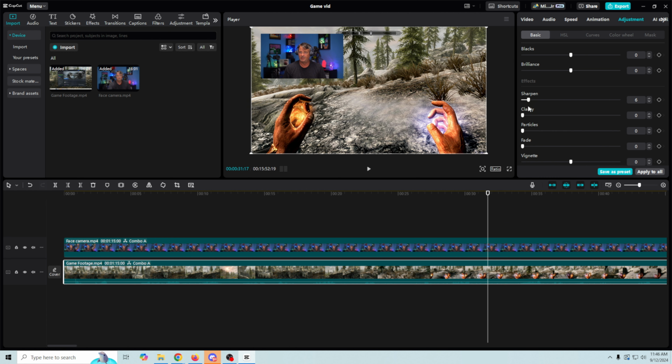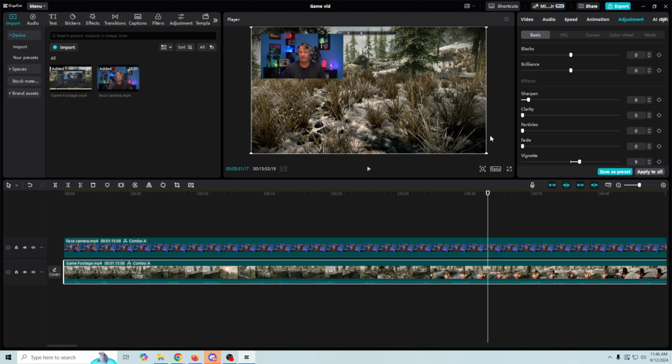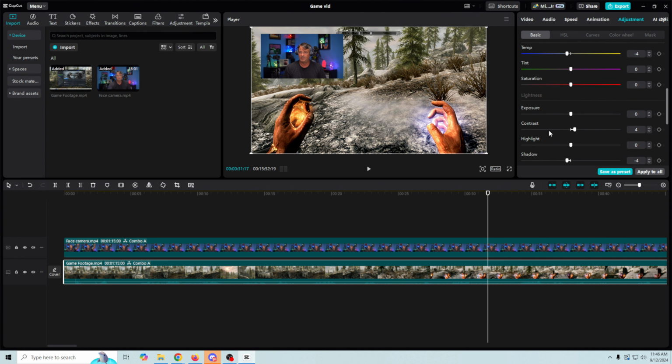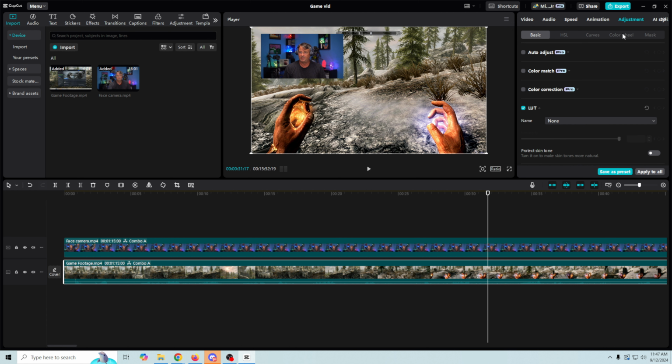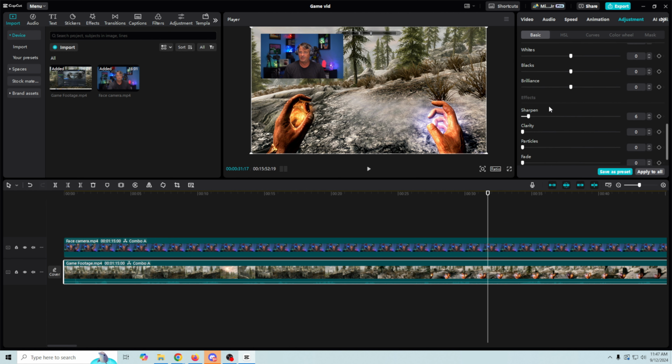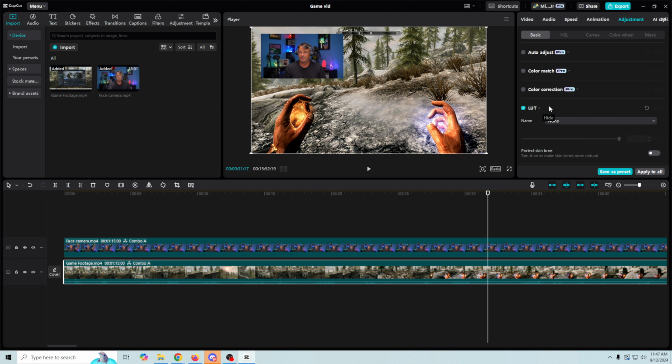But you really want to be careful. You don't want it to look fake. You don't want people to be saying, hey, that doesn't look like mine. You can also add vignette, which just adds a darker tone around the edges. When you do that, you can move the focus to the center of the screen. I think that's useful if you want to do specific clips like that, but maybe not necessarily the whole thing. So that's the adjustments that you can make on your clips directly to color match them, color grade them,